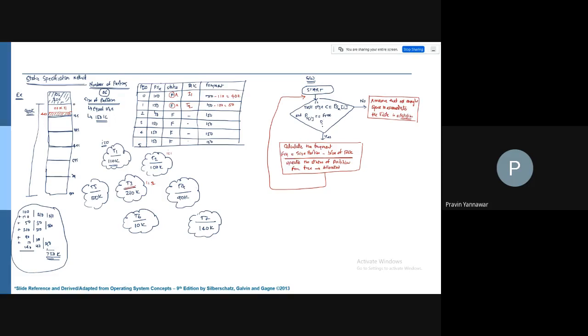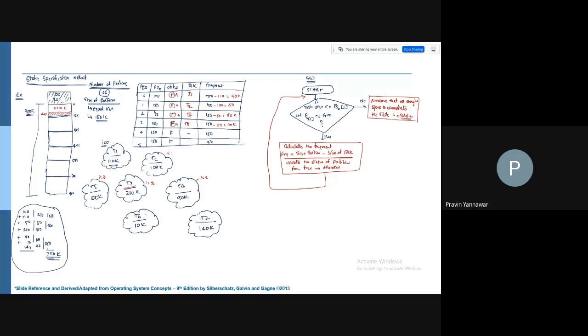So let's look at T4. T4 is 90k, so here it is going to be allocated, and it is going to be T4 minus 90, which leaves 60k free. So T4 is being allocated to i equals 2. Then for T5, i equals 3, this is going to be T5 minus 50, so it is 100k.